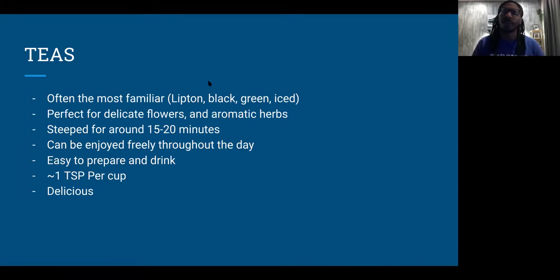And that goes along with knowing what herb you're using and understanding the constituents of the herb, and maybe even the texture and how tough it is. That comes with a little bit more experience, as you start working with a lot more different plants. But for all intents and purposes, teas are about 5 to 20 minutes of steeping time. Not super medicinal, but you can drink them throughout the day without having too many issues, and they can be used for